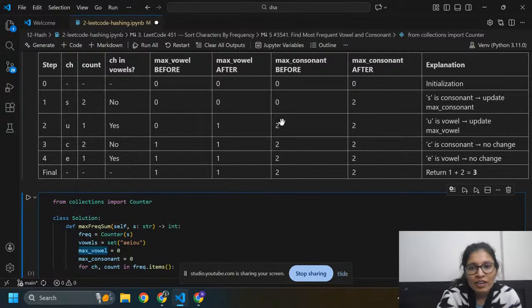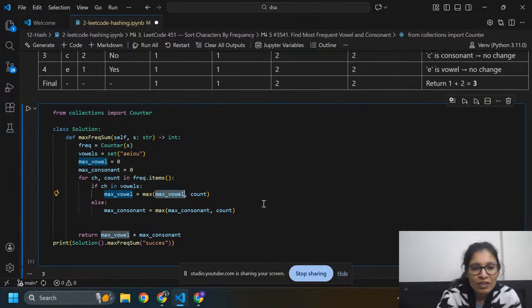Maximum consonant is 2, so maximum consonant after is also 2. Before, I had vowel equal to 0, but after finding u in vowels, it will become 1. So we update the maximum vowel, and here I got 1.